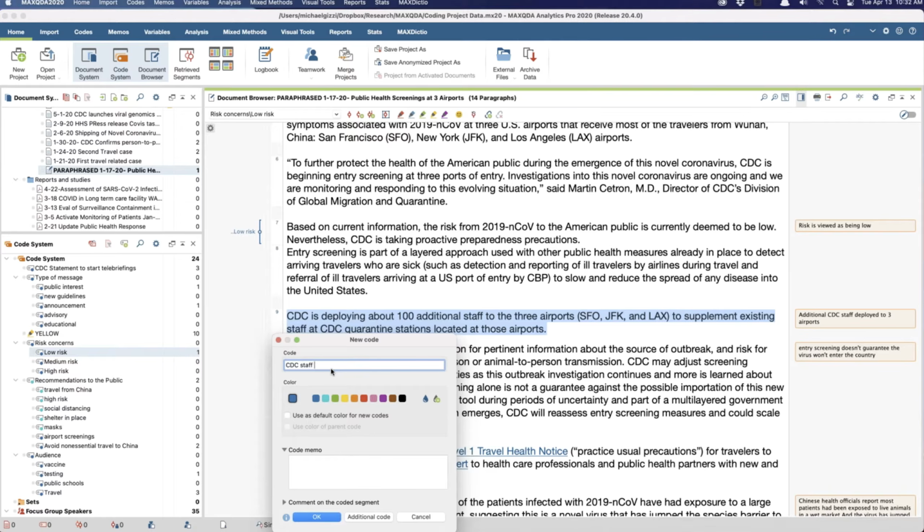Helps if I type. I'm not going to worry about the color right now, but I'll put in a color. I should add in a memo to define the code.